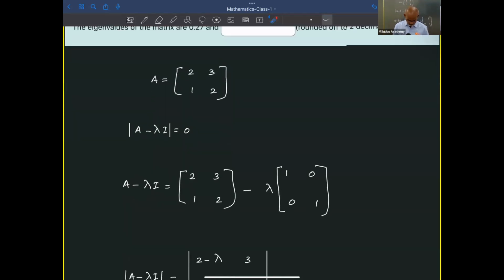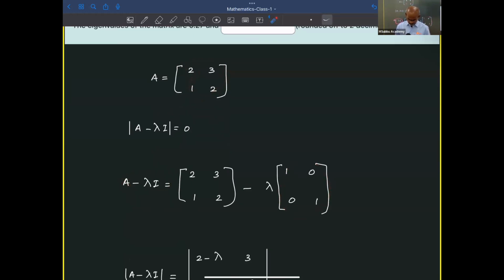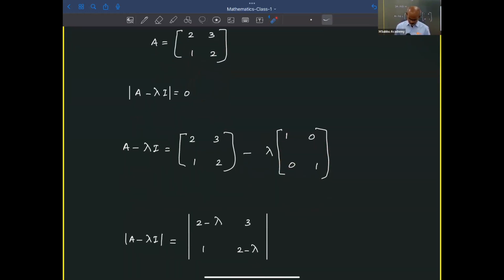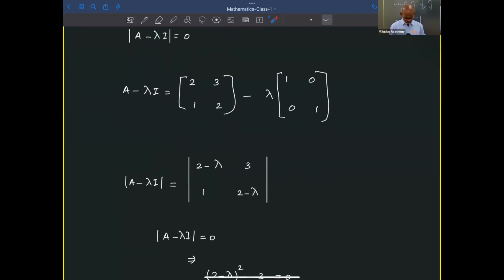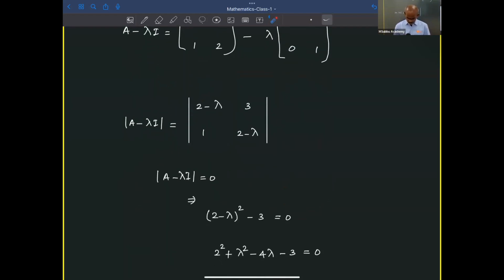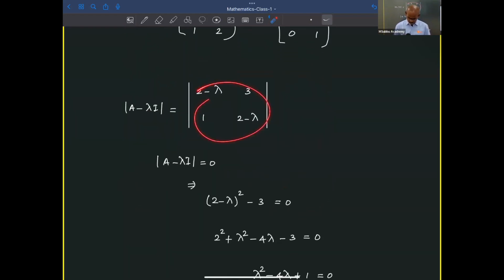matrix. Okay, so for that, the original matrix minus lambda into identity matrix. So that is A minus lambda I, which is now available. Always, simply these diagonal elements alone, if you subtract with lambda, that is going to be the net A minus lambda I. For that, take a determinant. You can easily take the determinant, at least for 2 by 2, comfortably. This multiplied by this minus this. Okay, so by that way you have this